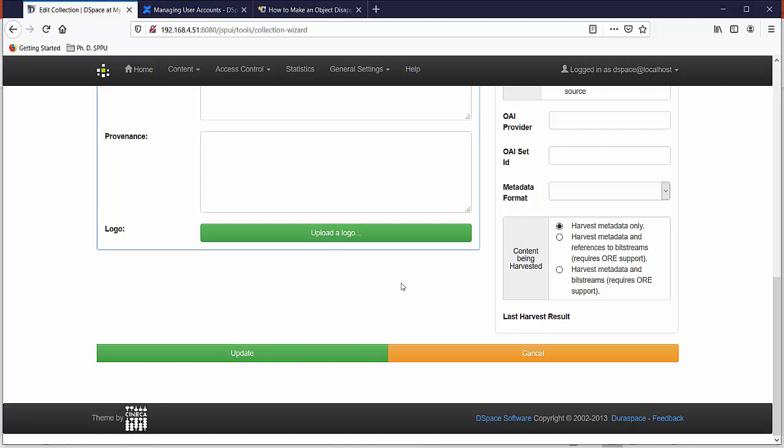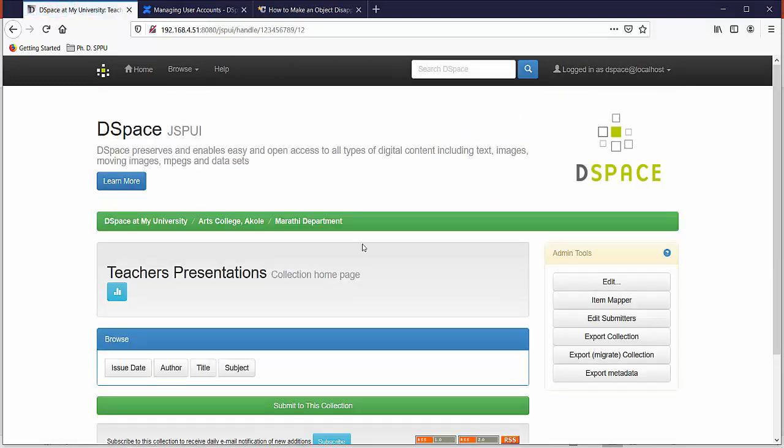You just need to click on the update button. We have created a collection named teachers presentation under the sub community Marathi department and the top level community Arts College Akole.